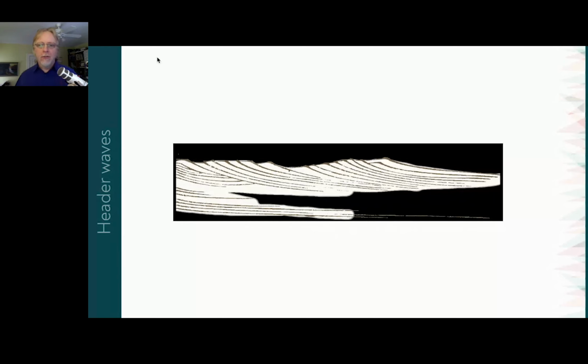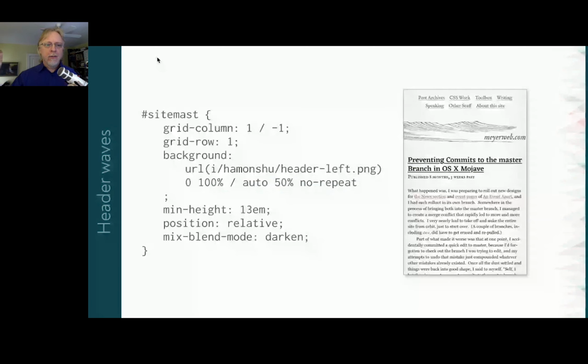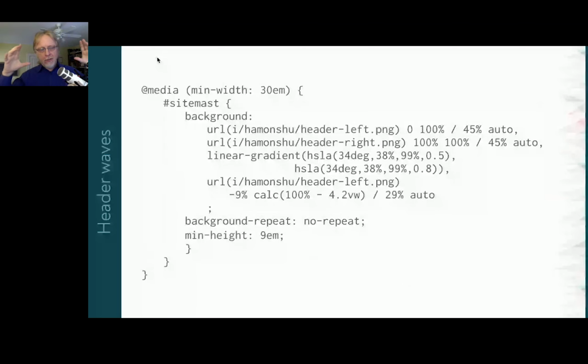The nice thing about this, though, the reason that I built it this way, is that this is very responsive, right? This is actually what the background setup is set up like, because I styled mobile first. So on mobile, this is what this page looks like, right? This is what the header looks like. Just one image, just the one copy of header left. And then when you pull it apart, as the viewport gets bigger and you get up to tablet or desktop sizes, or I don't know, web TV sizes, you get the layered background that I showed how to construct.